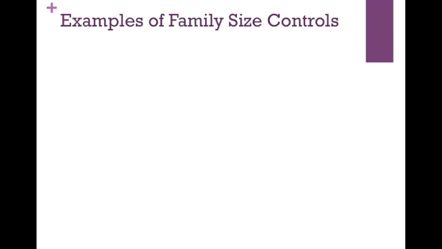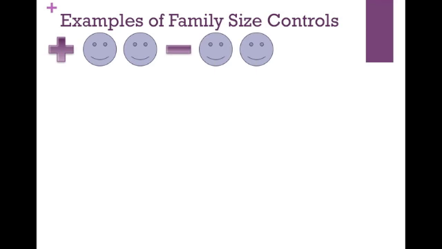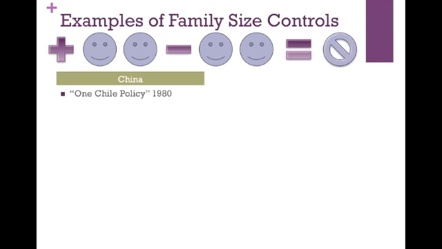One way that there have been attempts at controlling population is through family planning programs, or in other words, trying to control the number of people in a family. Because if you add 2 kids minus every 2 adults that die, then you end up with no population growth. China's government, seeing a rapid growth, adopted the one-child policy in the 1980s. This promoted families to only have 1 kid, giving them incentives like better housing or longer maternity leaves.